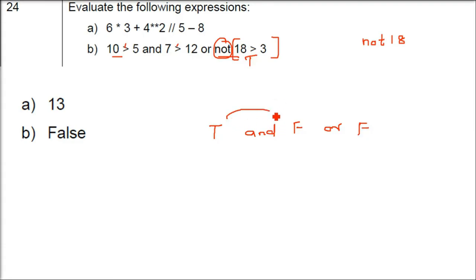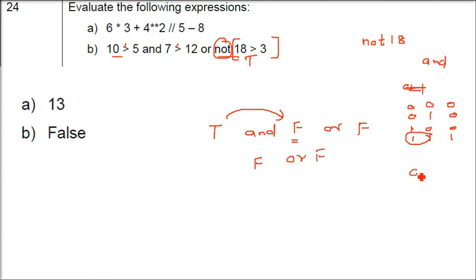Now see from left to right. True and false. Now when we have an AND operator, it will be false. For example, I'll just show you with 0, 1, because 0 is false and 1 is true. So let me write it as 0, 1, 0, 1 and 0, 0, 1, 1. 0 is for false, 1 is for true. So AND: 0.0 is 0, 0.1 is 0, 1.0 is 0, 1.1 is 1. So only if both are true will AND give you true. Otherwise it will be false.